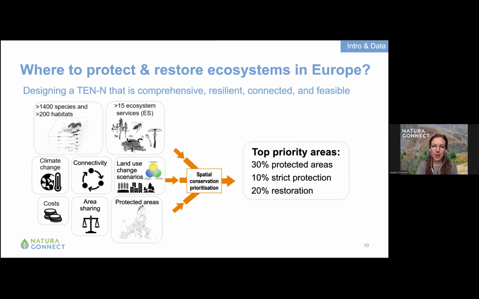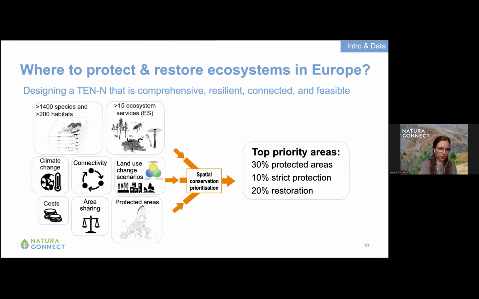To do that, we consider different types of data that are relevant, including, of course, lots of species and habitats, but also ecosystem services, climate change, connectivity, land use change scenarios, socioeconomic costs, and the notion of area sharing, which is the idea that area allocated for conservation and restoration should be evenly shared between countries in Europe.